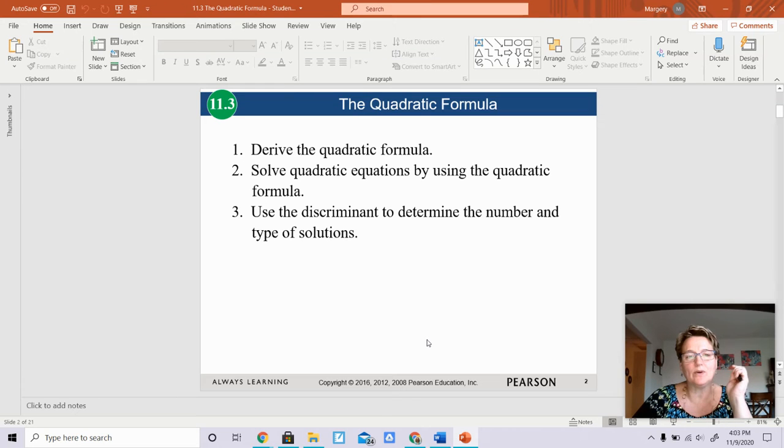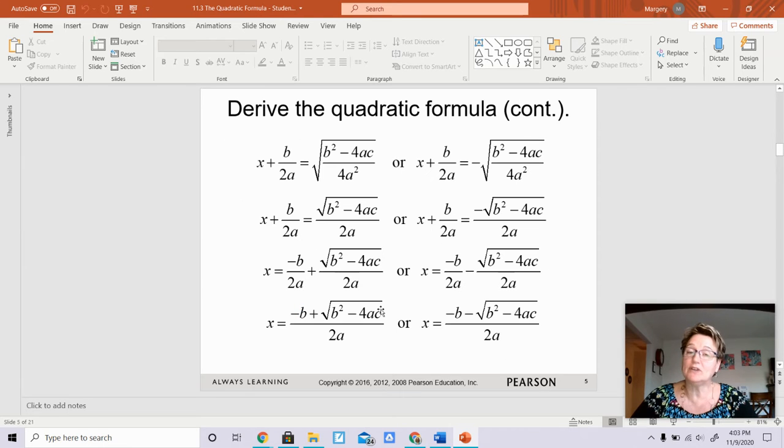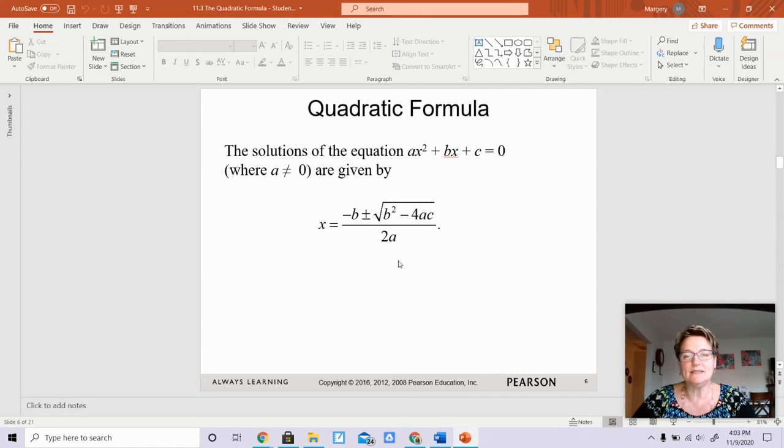Hi, today we are working on 11.3, the quadratic formula. I would like you guys to look over how we actually derive the quadratic formula, and we did that through completing the square. This is the quadratic formula, and this is how we are going to solve all our quadratic equations today. Remember that your quadratic equation must be in standard form, where a is any number but 0,